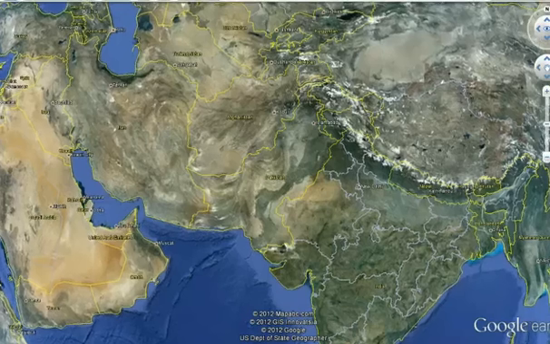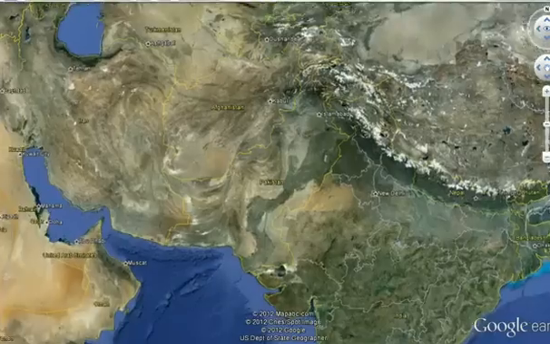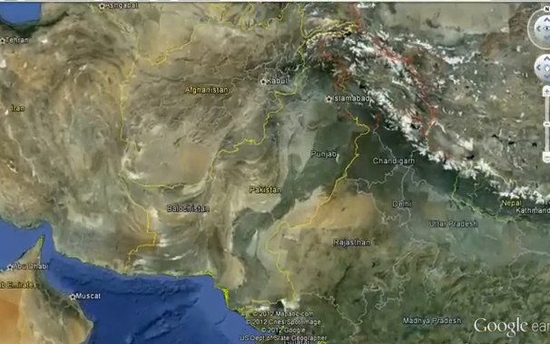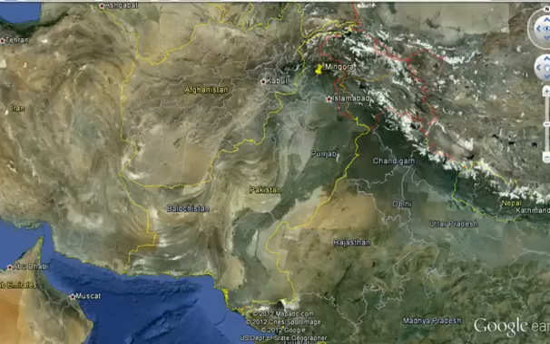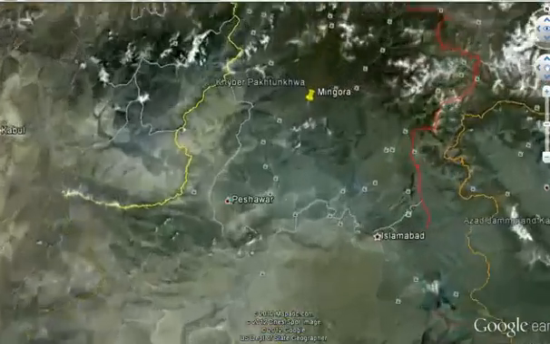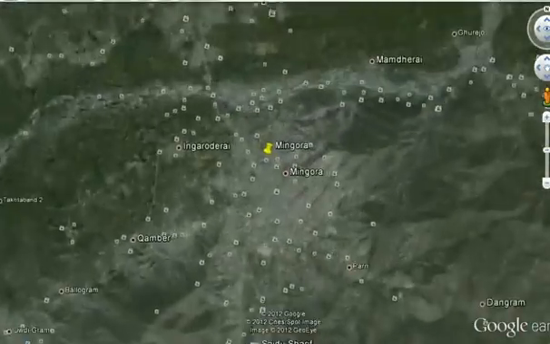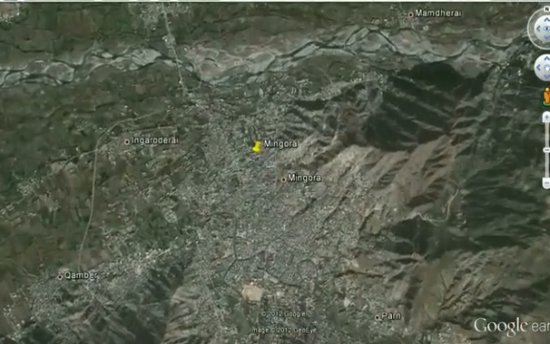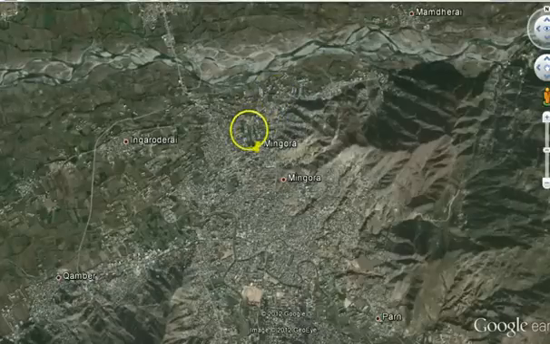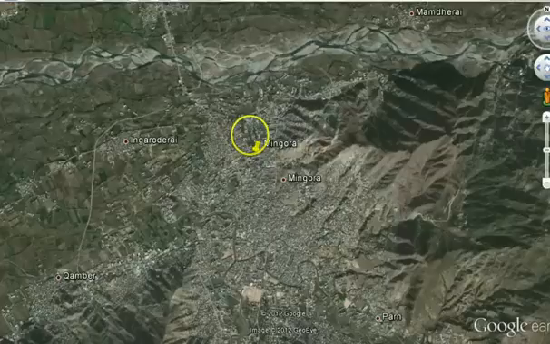So let's zoom into Pakistan, and as we come in, this is where Mingora is located, and we'll zoom in a little bit. And so this is where Malala Yousafzai was. I'm going to turn off the photos here for a second. She was in a school van driving home from school, and some men came up and shot her in the head and neck in the remote town of Mingora.